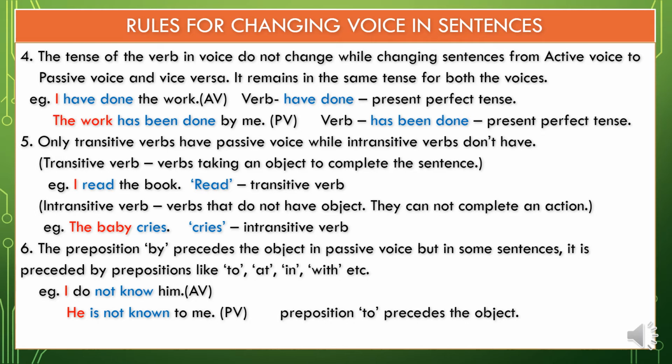Then the fifth rule is that only the transitive verbs, that means verbs that take the help of an object to complete the sentence, can be changed to passive voice. Intransitive verbs cannot be changed to passive voice. And the last basic rule is that generally in the passive voice the object is preceded by the preposition by, but there are some exceptions where instead of by we have to use prepositions like to, at, in,